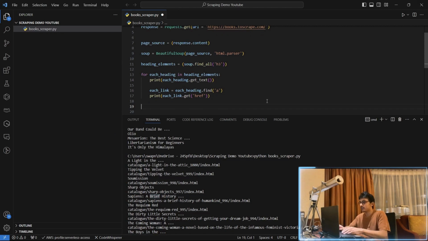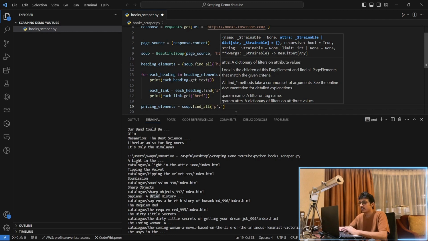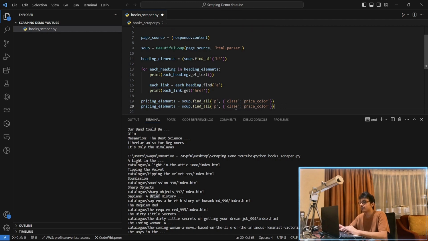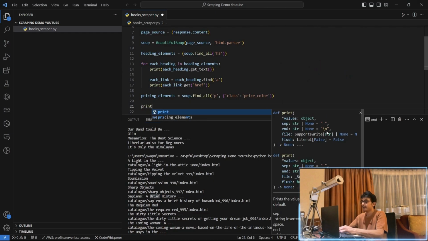Now we need to get it separately, so we can write pricing_elements, which will be the variable name. We call soup.find_all, and not the h3; we need to get the p elements, with class name as price_color. There is a second argument that find_all can take, which is an object in which you can pass the class. So you need to find the p with the class name. This is how you can search the elements with class, and you can similarly do that with id as well. If this was not class but id, you can just replace this with id and it would work the same. But since here it is class, we'll use this, and this would locate all the p elements with class price_color. So if we print this now